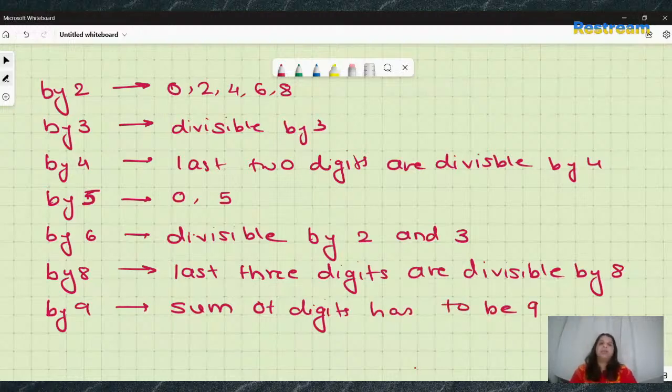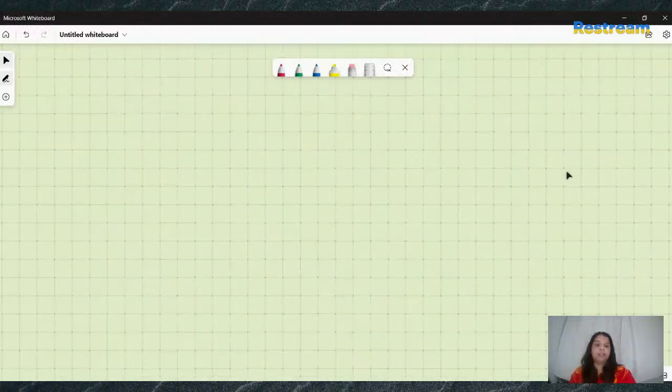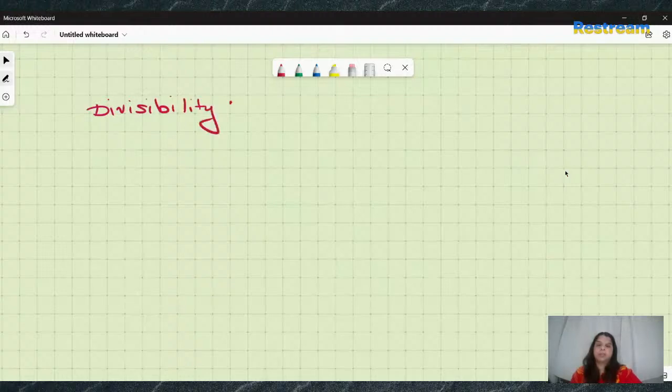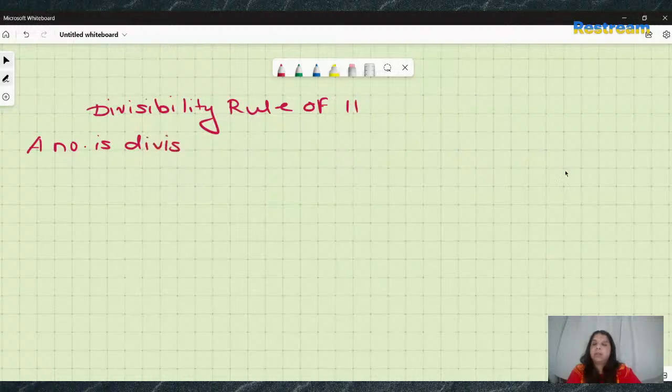Now, I also taught the divisibility rule of 11, but since it is slightly complicated, I'm going to do that rule again in detail. So, let's start with the divisibility rule of 11. This rule states that a number is divisible